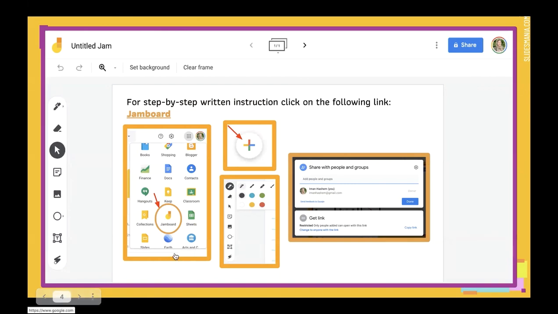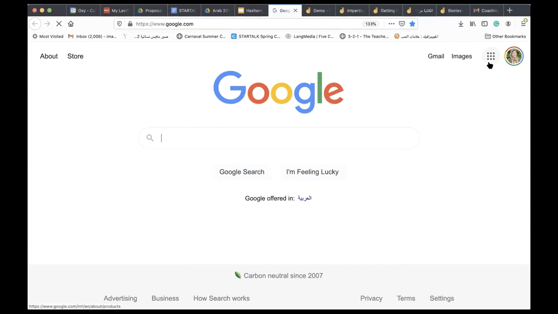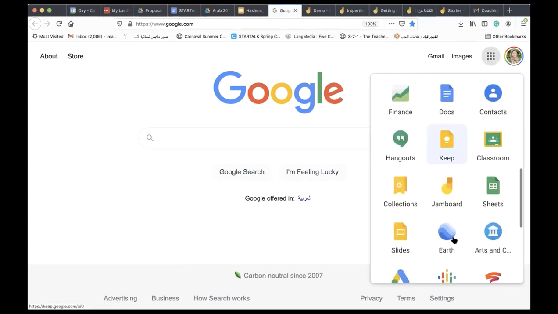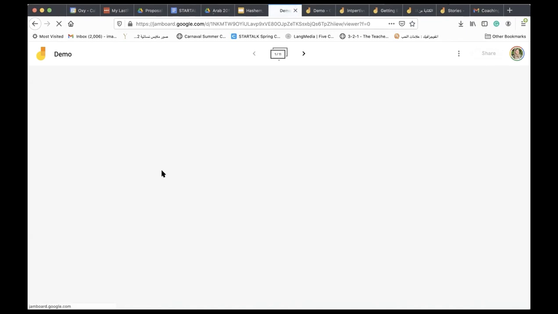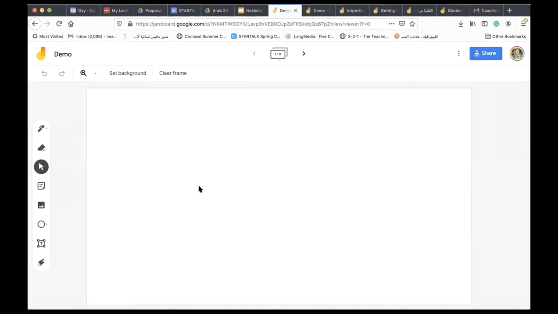Jamboard is available as part of the Google Apps or Google Drive. So you can scroll down in the Google Apps, and here you have the Jamboards. Then you can click on the plus sign, and you have a new Jam. For this demo, I'm going to show you how I wanted to use the Jamboard in teaching my students how to write. So first of all, I need to set my background, the background with a wide line